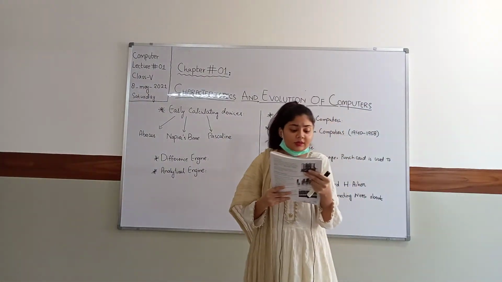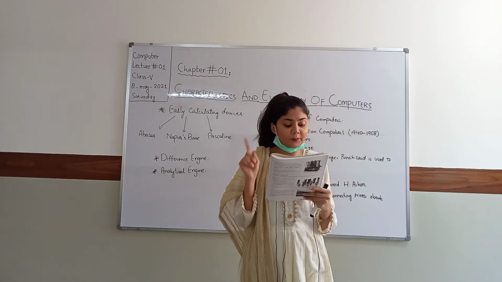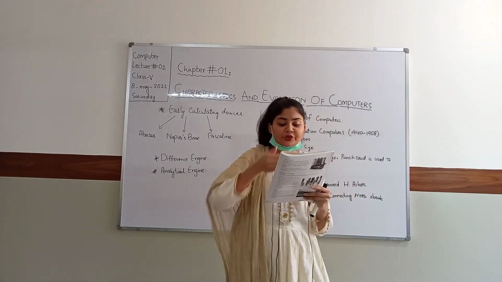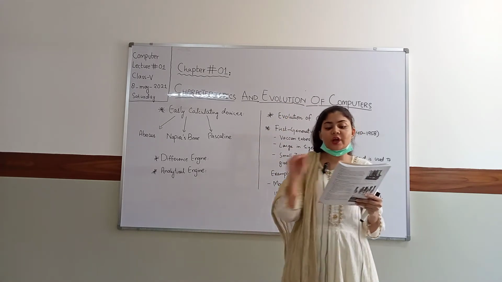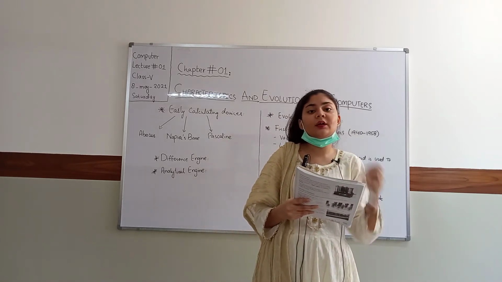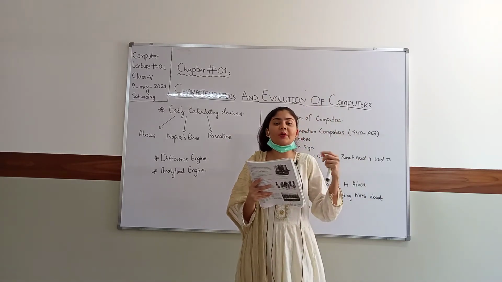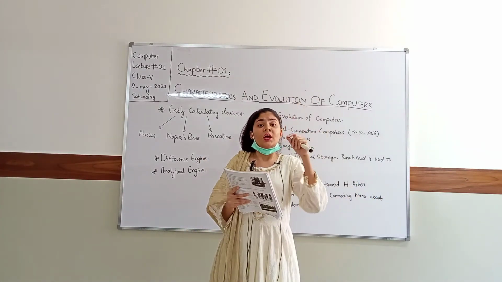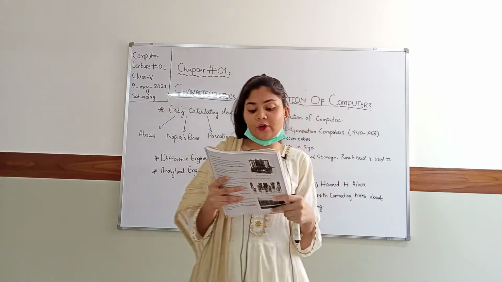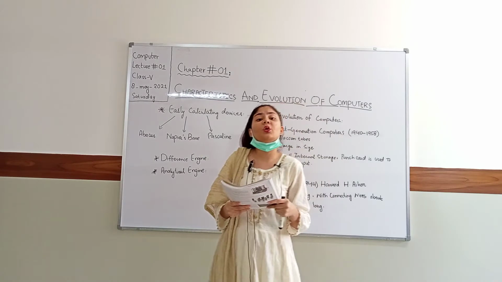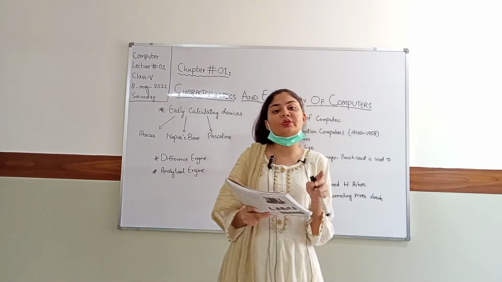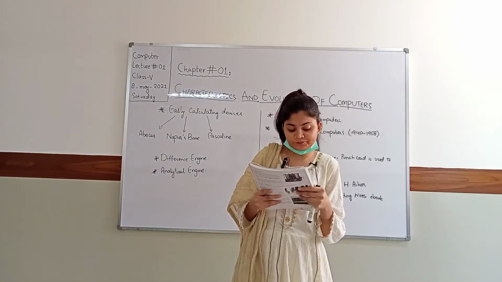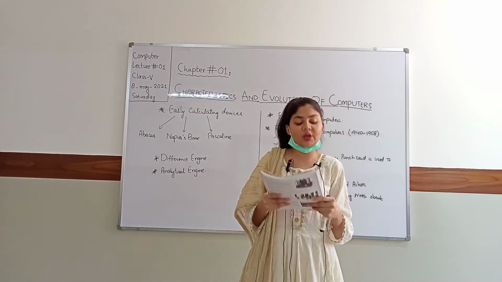Okay class, the device was called Napier's Bones. It has numbers carved on bones or on a strip of wood. You can see that 1 to 9 numbers are placed vertically and 1 to 9 numbers placed horizontally, and diagonally many numbers are placed. In this way we perform addition, multiplication, subtraction and division, and it has one more feature. We can find the square root of a number. We all know that 2 multiplied by 2 is equal to 4, so the square root of 4 is 2. So we can find square roots by using Napier's Bones.